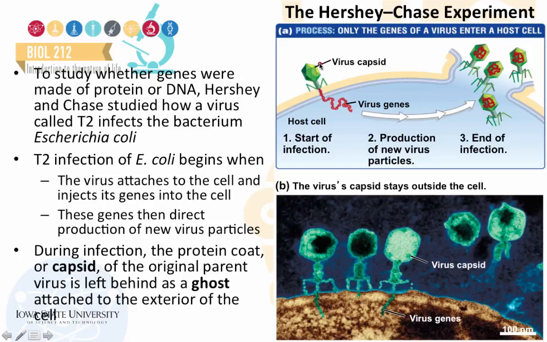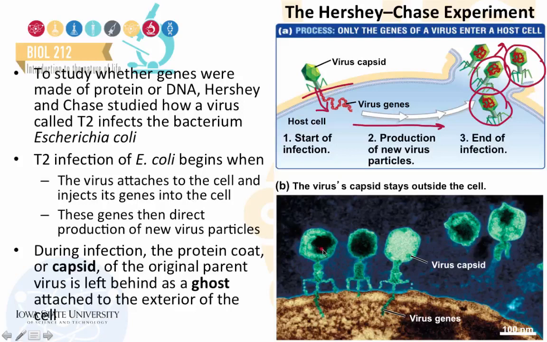The way that this virus infects bacterial cells is by attaching to the cell surface and injecting its genetic material or genes into the cell of the host, followed by the use of this information to generate more viral particles that break open the host cell, leak out, and infect other bacterial cells within the same colony